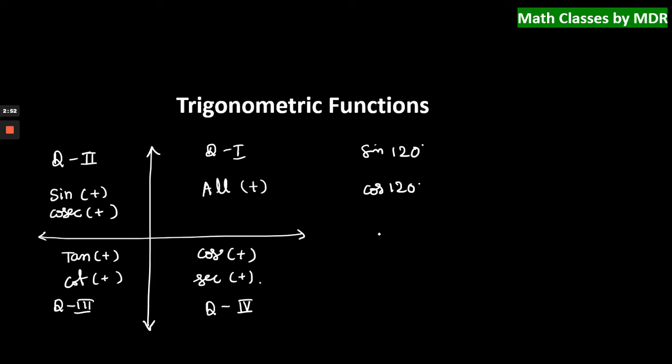Similarly, if you come across an angle like sine 240, sine 240 comes into the third quadrant, between 180 and 270, right? So in the third quadrant, sine is negative, so sine 240 will give you a negative value, and cos 240 is also negative, so it also gives a negative value. And what about tan 240? Tan 240 will give you a positive value, right?